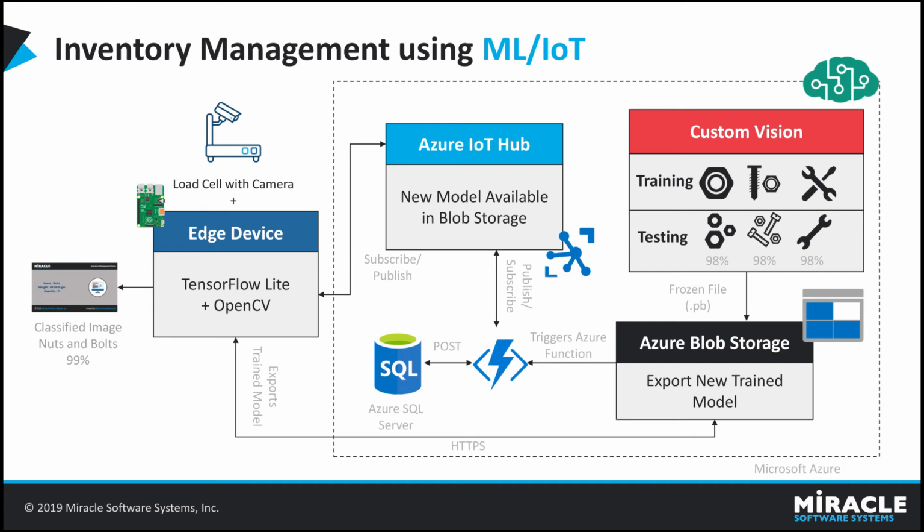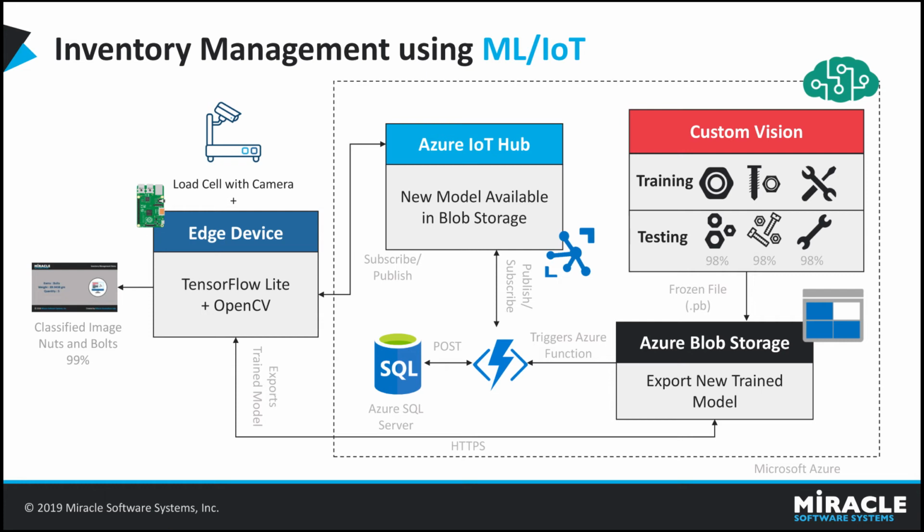What we have done here is we took a couple of images of objects like screws, bolts, nuts, wrenches, and all the inventory items, and we've been training and evaluating to get the accuracy for these models. And from there, we bring that model onto a blob storage, so that whenever a new model comes in or a new object gets trained, there will be a new version of the model stored